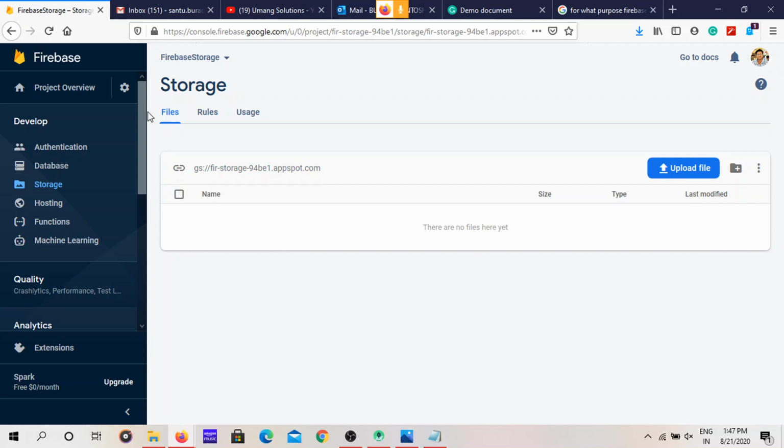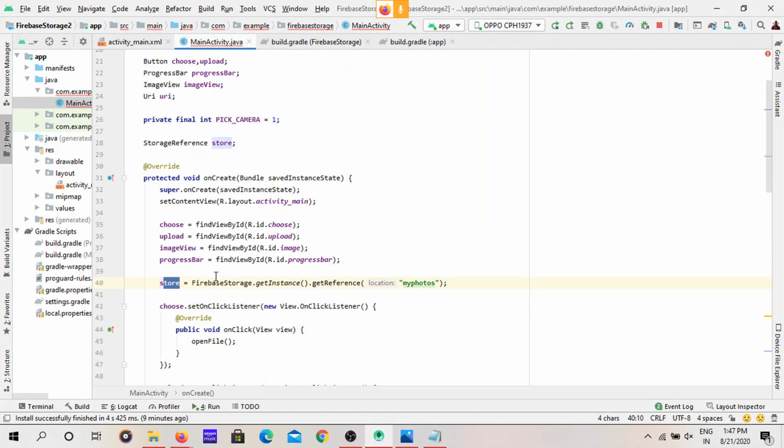To get the reference to this bucket, we are telling Java, through this statement, to get the reference of that storage bucket. Firebase storage getInstance means at some point in time you have to get the reference. Here we are saying get the reference.